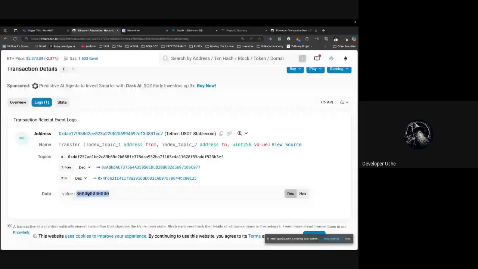So because USDT's decimal is 6, to know this amount, you count 1, 2, 3, 4, 5, 6. So this is